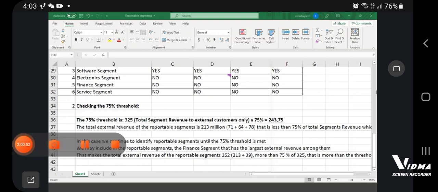Yes, the previous exercise, Gloria, it is required to calculate the basic earnings per share separately